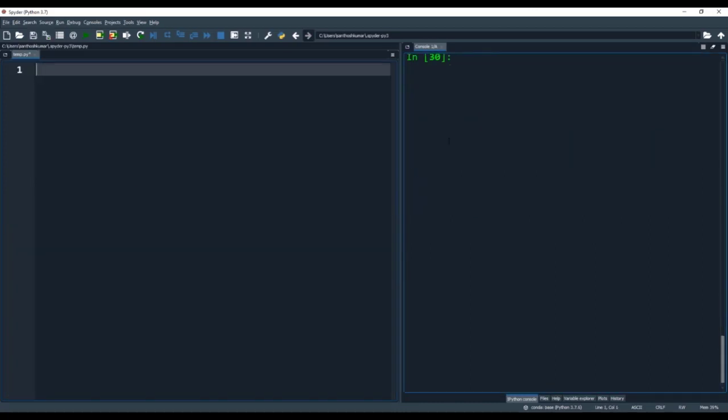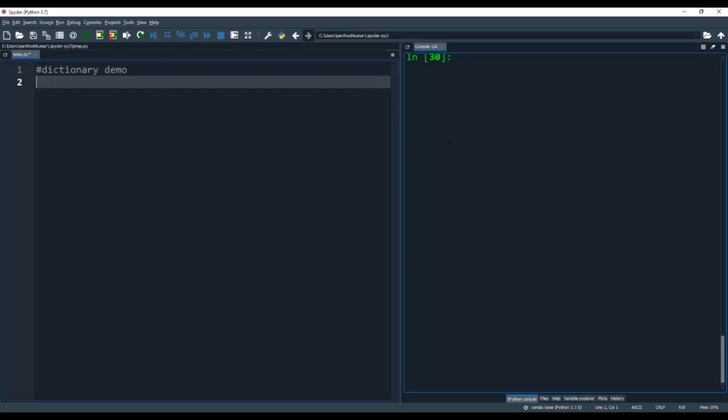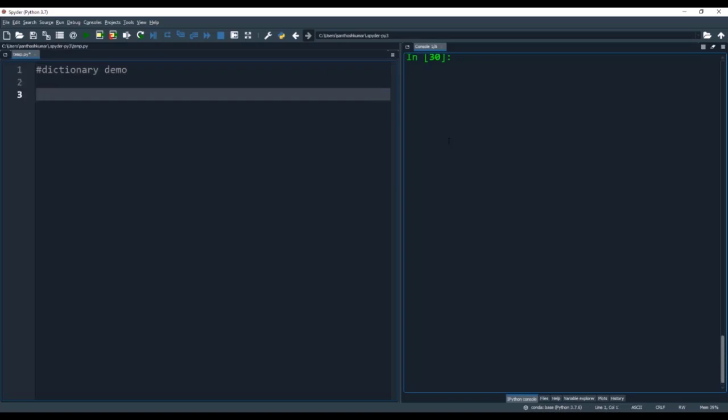Next we will look into the demo of dictionary. Dictionary is another compound data type in Python, and it uses the concept of key value pairs. Whenever metadata becomes essential to understand the data, then dictionary is a good way to go about it.